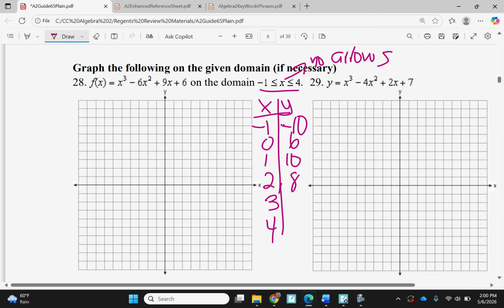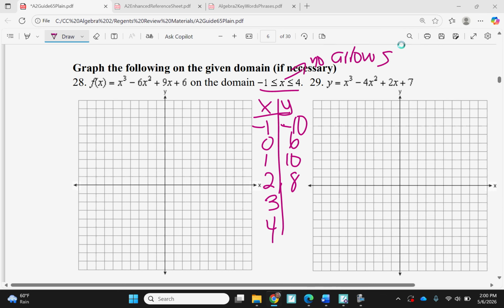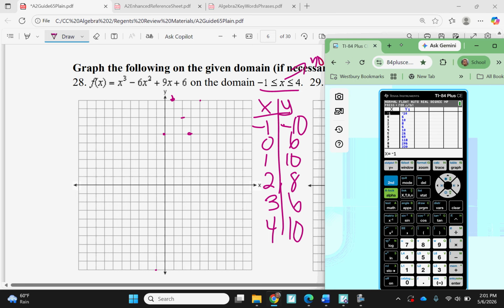8. And then I've got 6, 10. I plot those points. So I've got -1, -10. I've got 0, 6. I've got 1, 10. I've got 2, 8. I've got 3, 6. I've got 4, 10. I can look at the graph again if I want to see what it looks like